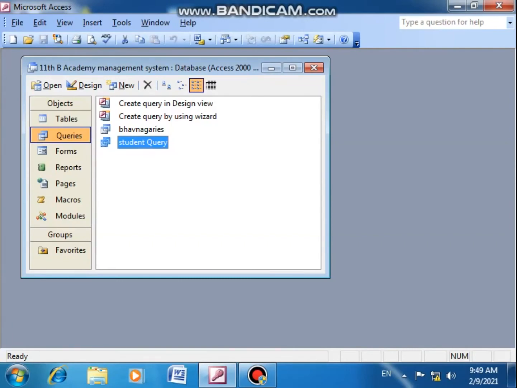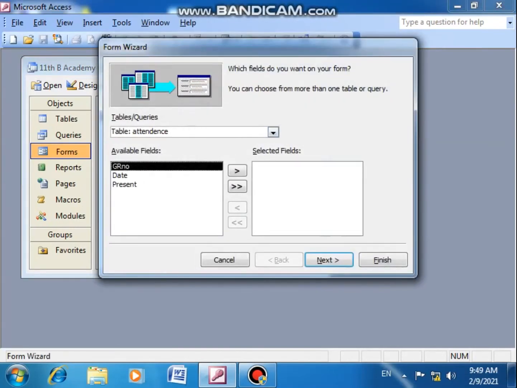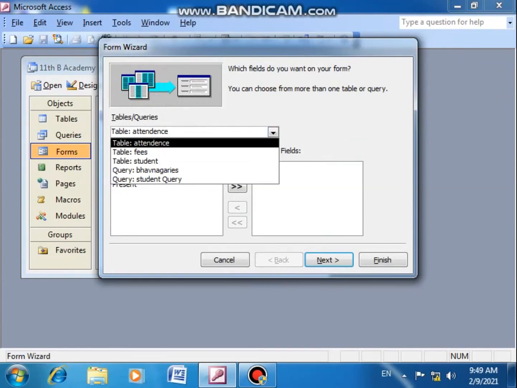Fine. Then we talk about forms. Now whenever you go to any shopping site or you go to an ATM center or any application, it will not show the records in tabular form as we are viewing right now. It is shown in a beautiful way, right? So that thing is known as form. So create form using wizard. Okay. For example, I want to create a form on, it is asking me which table.